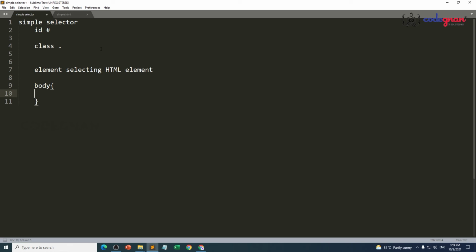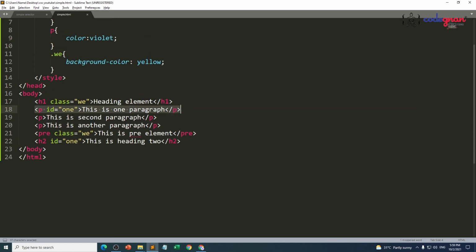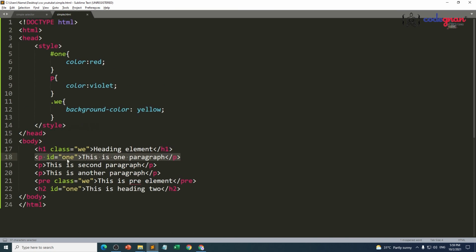Now the second point: when should I use an id? If you want to apply a particular styling only for one element, not for all the paragraph elements, only for one element, you can pick it by using id. To that id, you are going to apply a property. If you really want to use id styling, you have to provide that id as an attribute to your paragraph element, and you need to call that id name with the symbol called hash. Then only it is possible for you to use.